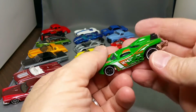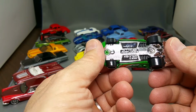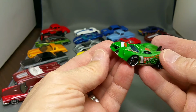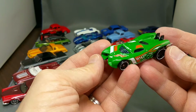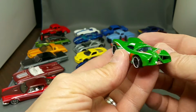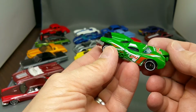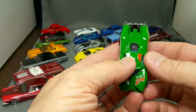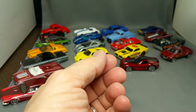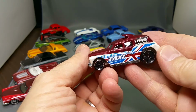And next, what's this? I like this model. I really do. I can't remember what it's called. I had it down there for a while, but I really like it. They have made this in a ton of variations, different colors and stuff. It's just a neat car. I bet if I was like 8 years old, I would be in love with this car. And it is a turbine car. I did notice a website recently where the guy specialized in turbine cars. There's that little taxi,